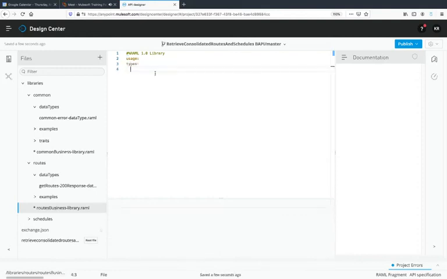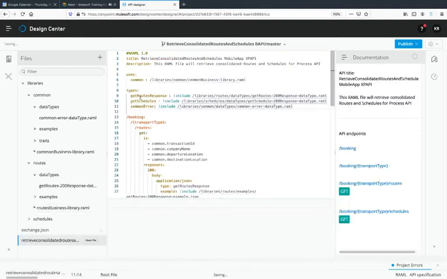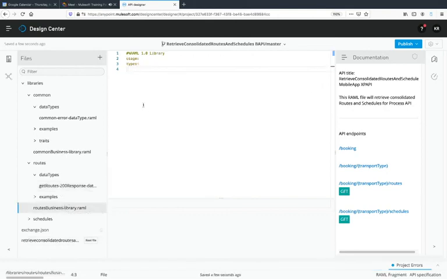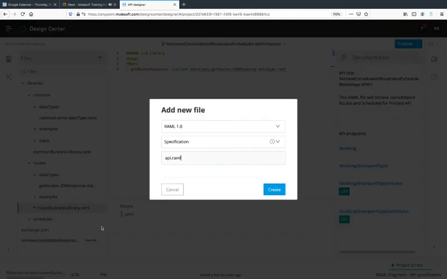Types, name we will take from here, this one is get root response, okay, and then include data type, and then this one. Same we'll do for schedule also, new file,